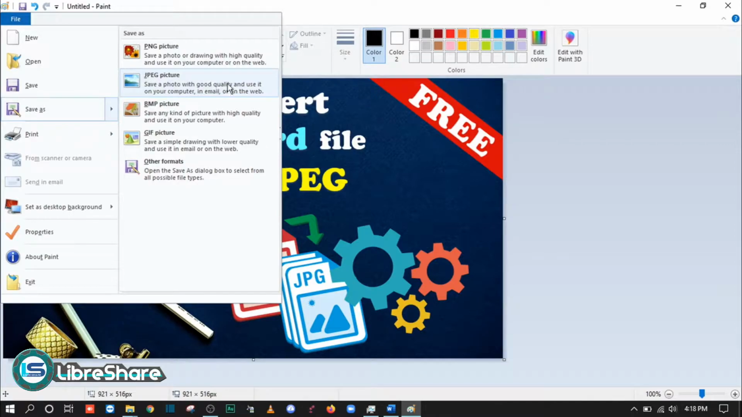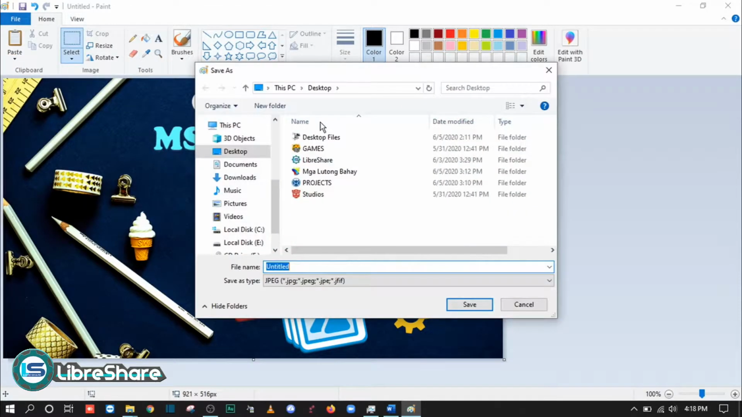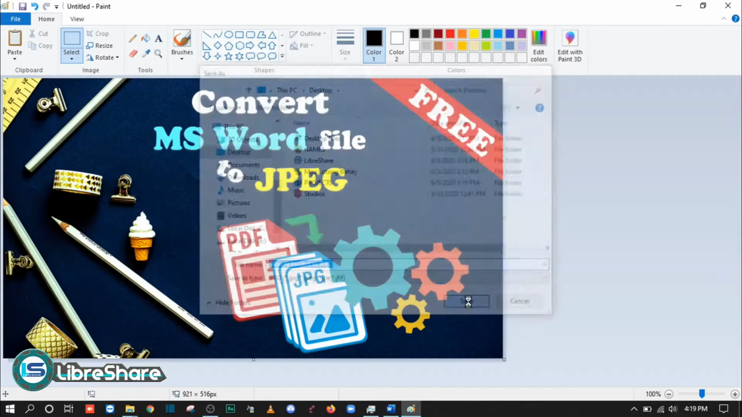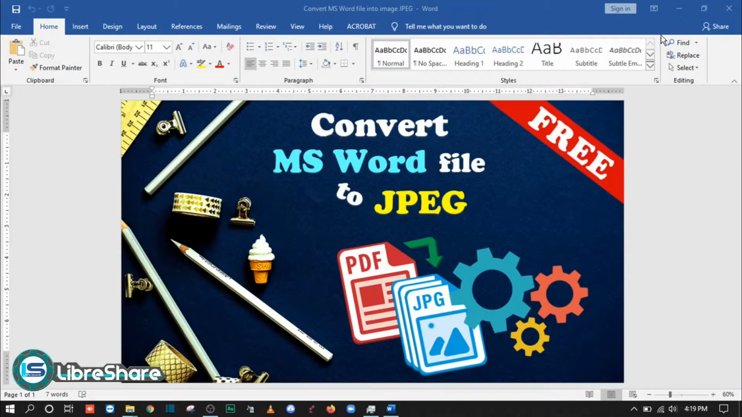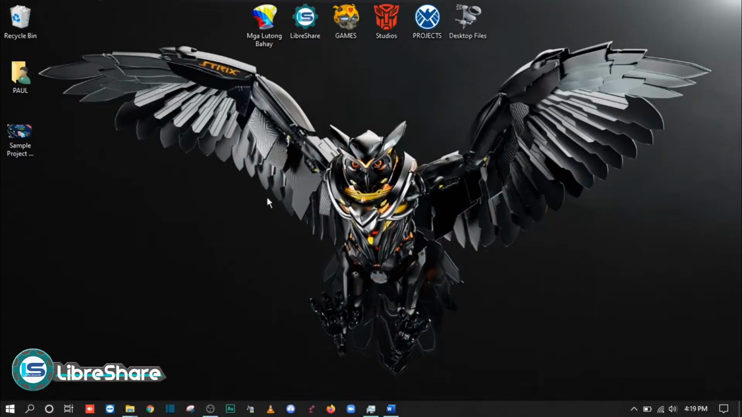choose JPEG Picture, choose your file destination, type the file name, and finally click on the Save button. And that's it. That's the first way on how to make your doc file or MS Word file into an